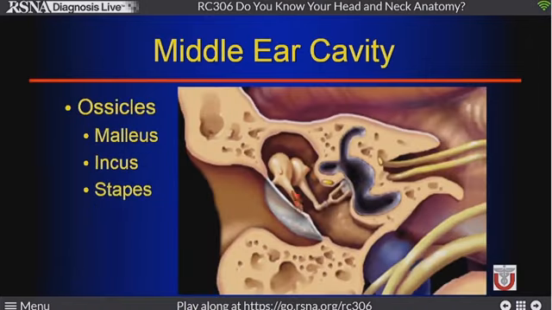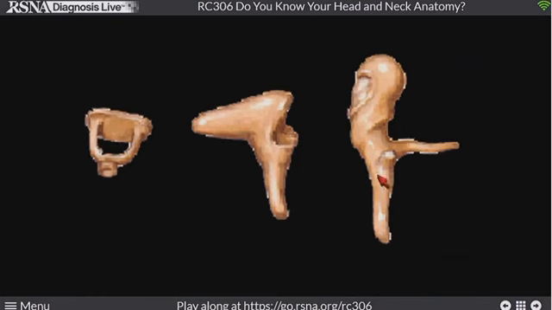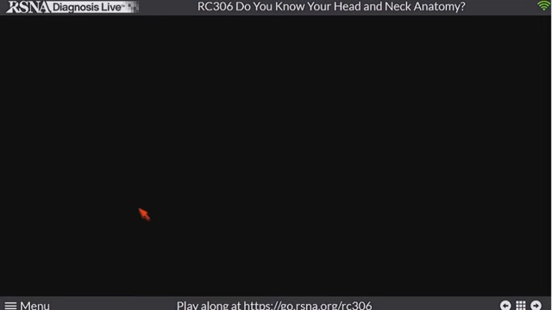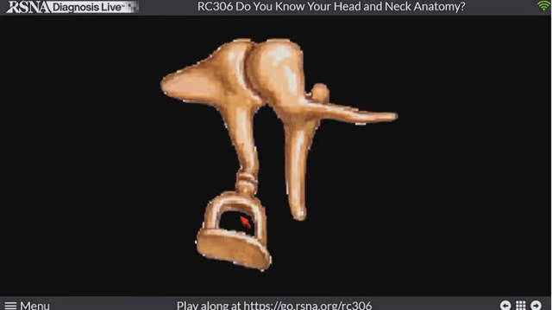So we have these ossicles, the malleus, the incus, and the stapes, all suspended within the middle ear cavity. Here they are all separated. So we have the long process of the manubrium of the malleus. That's going to connect to the TM. It goes up to the head of the malleus. That's going to connect to the short process of the incus. Long process goes down, has a little hook on the end. That connects to the stapes superstructure that has an anterior and a posterior crura. So this is how they all connect.